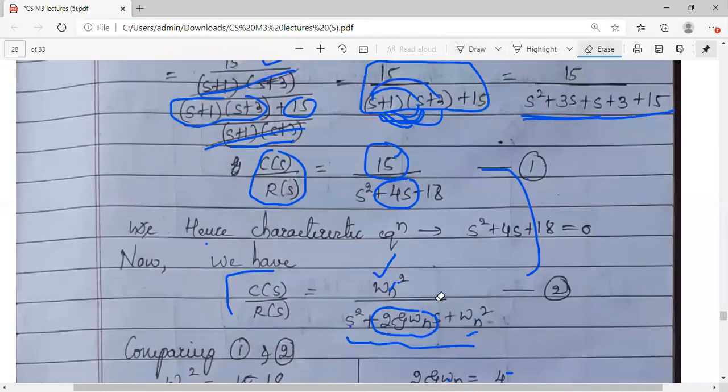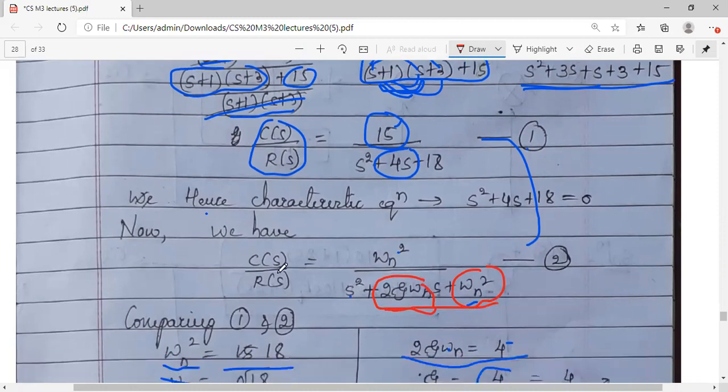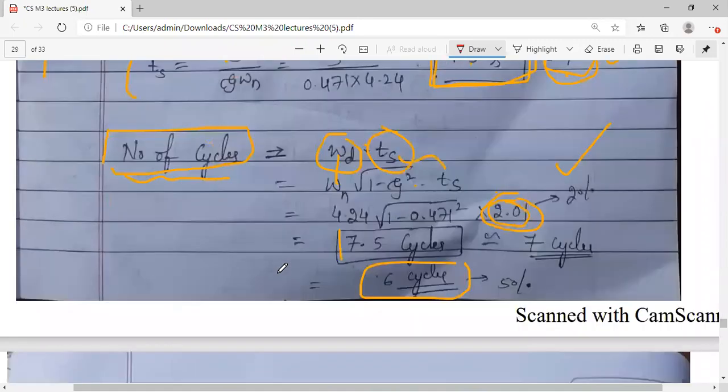This equation 2 is for the second order system. For third order also it is similar. If you solve it, it is found that the coefficient of s and the constant terms will be like this. So keeping that, we can continue further. No need to again go for the third order system, no need to derive. We will be taking a similar kind of equation for our use in problem solving.